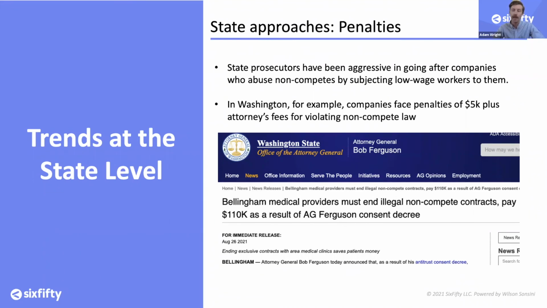So that means every contract. If you have 20 employees and you have unenforceable non-competes in every one of those contracts, you're looking at a really hefty fine there. So I think this really highlights that it's becoming a much riskier strategy for companies to just, as a matter of course, include non-competes in every employment agreement without giving them a hard look and thinking, okay, do we really need a non-compete provision in this contract to protect a legitimate business interest of the company? All right, let's move to the next slide, please.